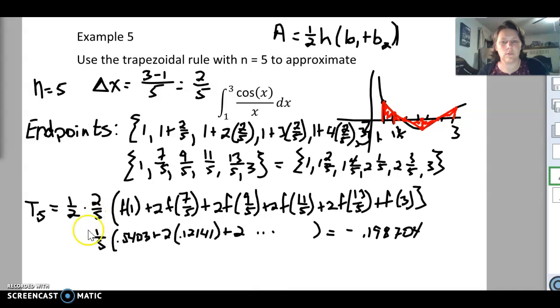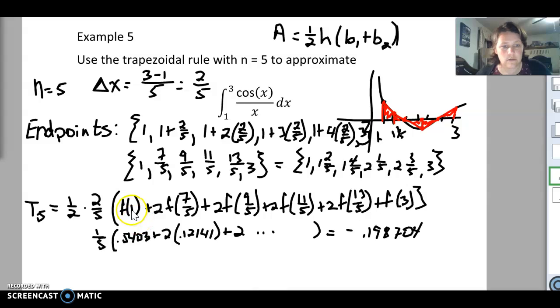Pause this. Okay, so I just went ahead and finished that one out. Our trapezoid rule is 1/2 times delta x, which is 2/5, the 2's cancel, and we come up with 1/5. Then we have the f of each one of our endpoints. Add them all up. The first and the last are going to have a coefficient of 1. Everything in the middle is going to have a coefficient of 2, because all of those sides are going to be used twice in each one of those